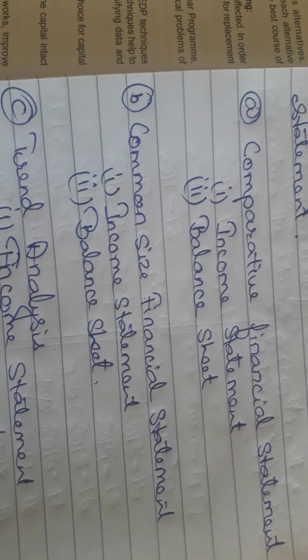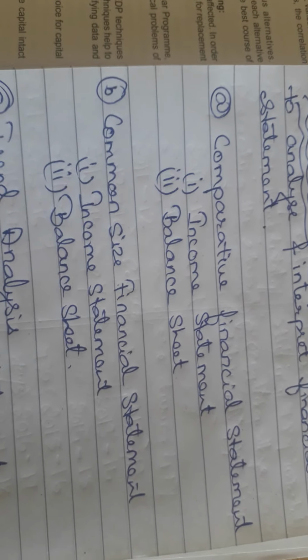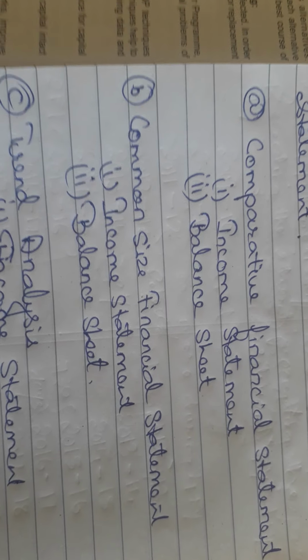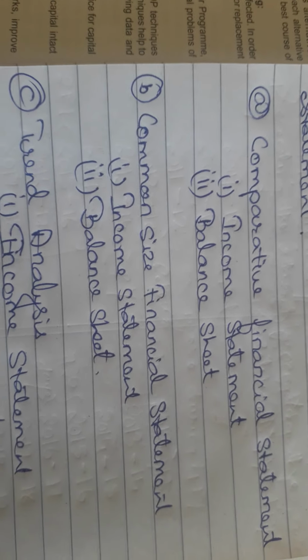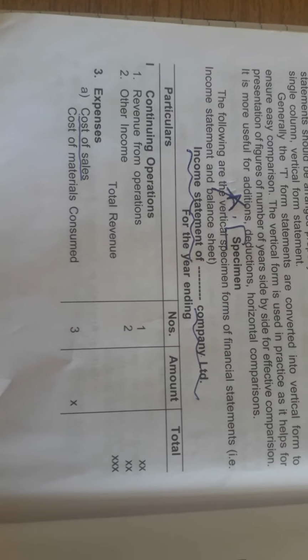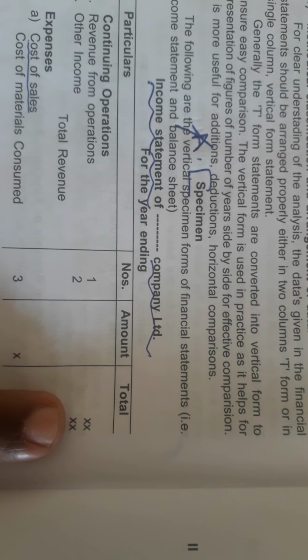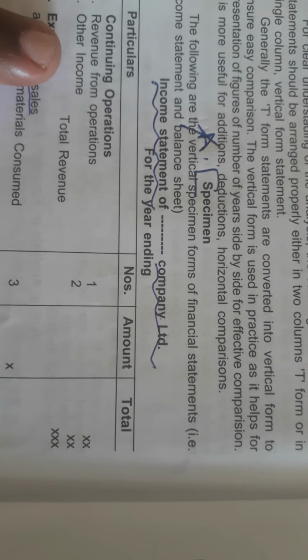Okay, it might come for a case study also. Clear? So be very specific when you are solving and be understandable as to what the format is. We will go through the format and I'll let you know how to analyze this. Okay, the format of the income statement goes this way. Now very important, I repeat, only the columns will go on changing in the format. The particulars will remain as they are for all the methods.